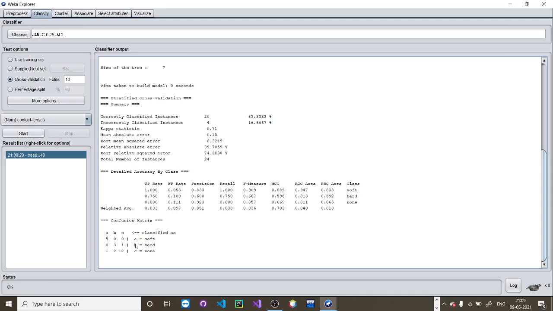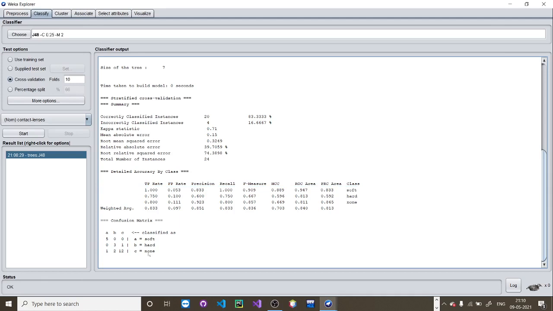Now in the first row, you will be able to see that there is no error as all the data has been correctly specified under the soft category, and here also you can get the rate equal to 1. There is no error here.